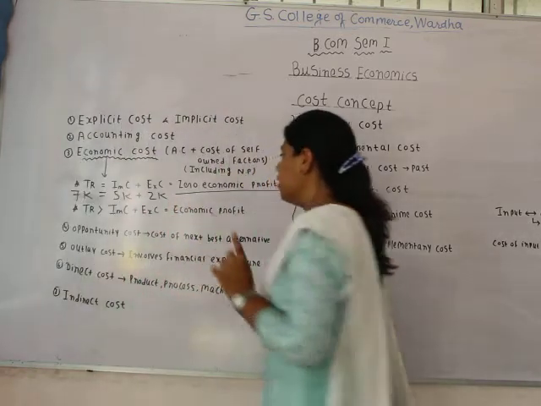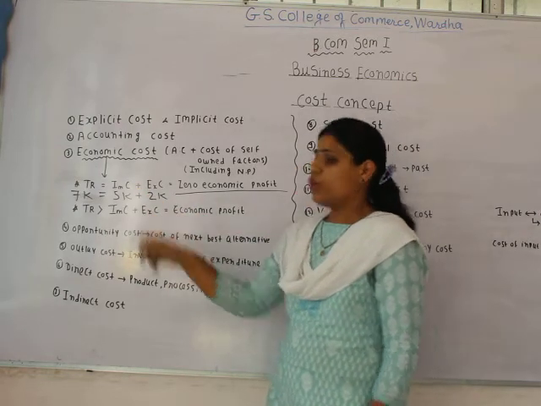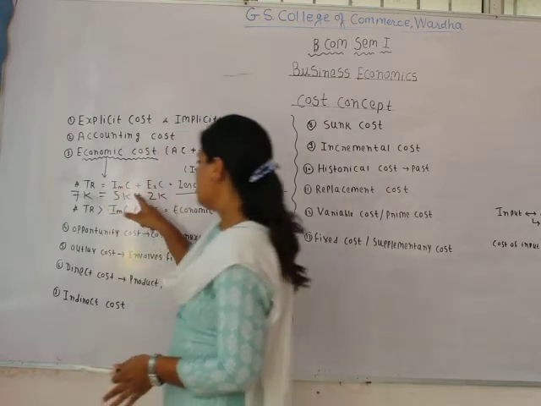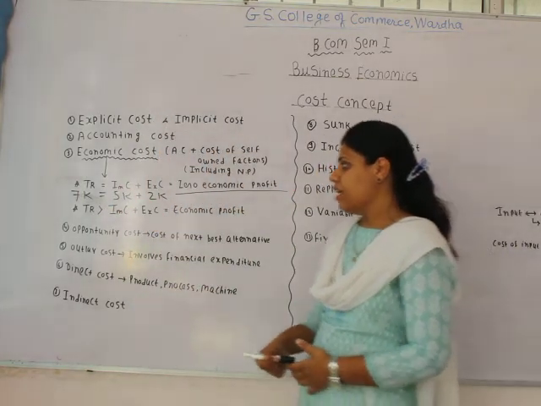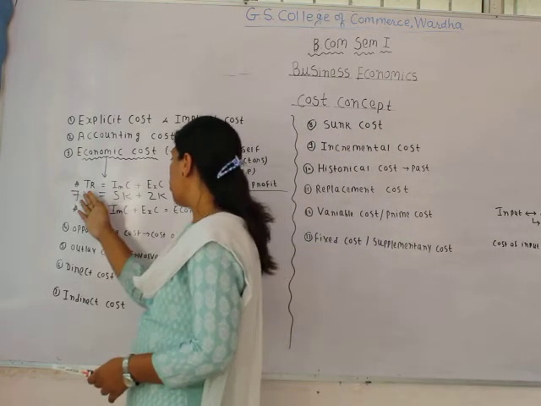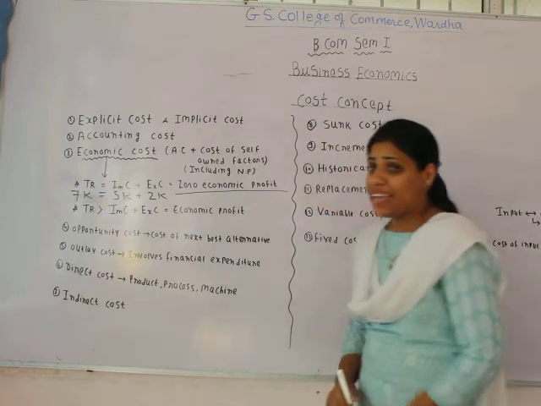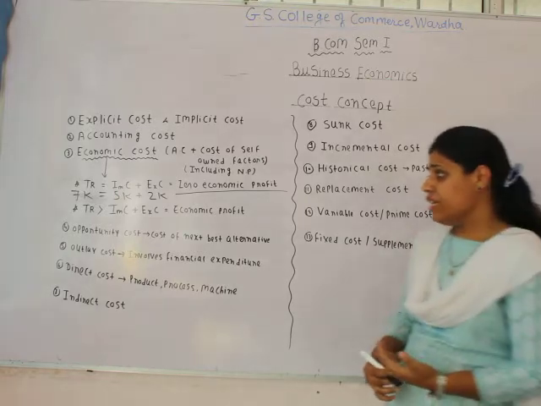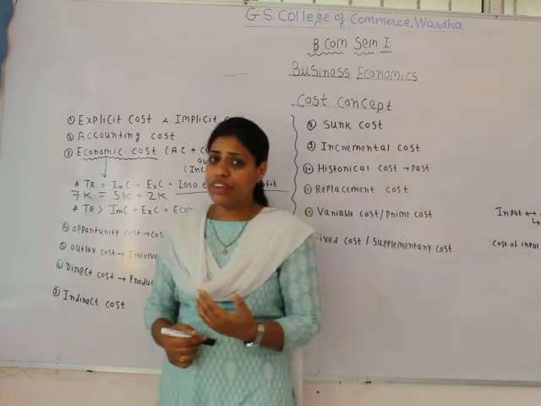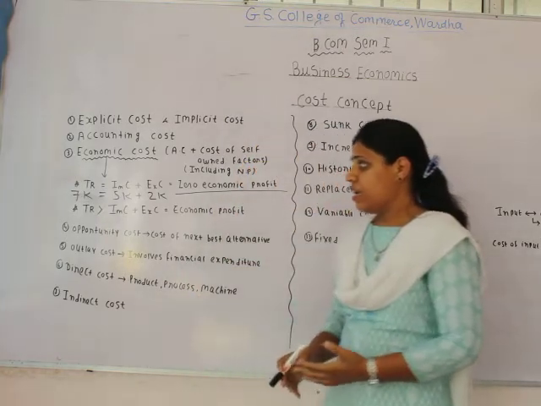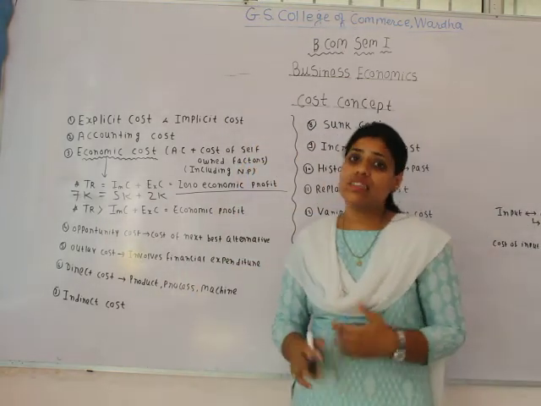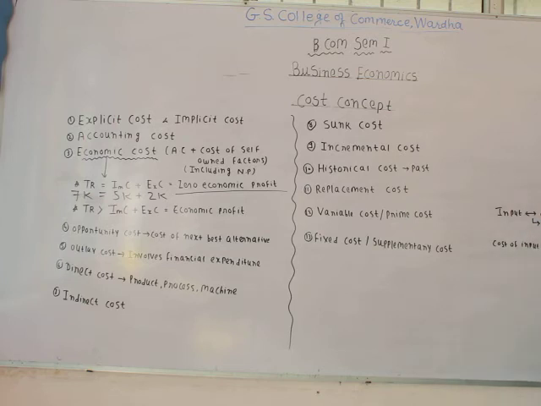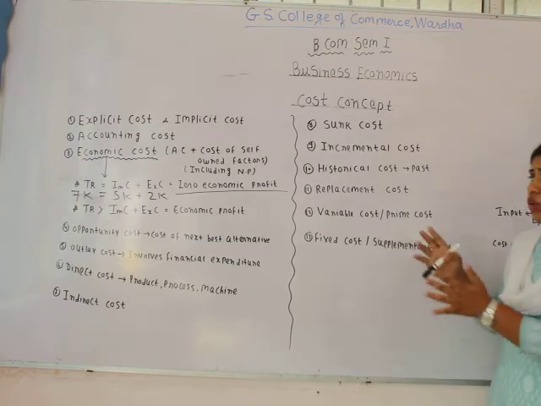Suppose you are talking about the accounting profit. You would not mention this implicit cost in your books of accounts, and therefore in your books you will see a profit of rupees 5,000. But if you had calculated the cost of your own resources, it would have been 5,000 and your profit would have become 0. That is why when the total revenue is equal to the summation of implicit cost and explicit cost, you are at the position of zero economic profit.